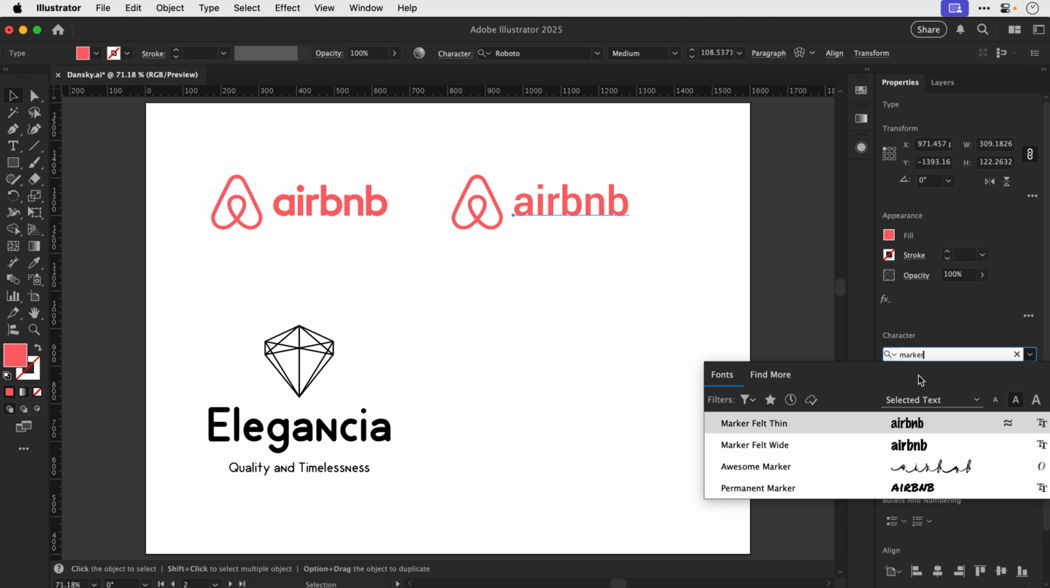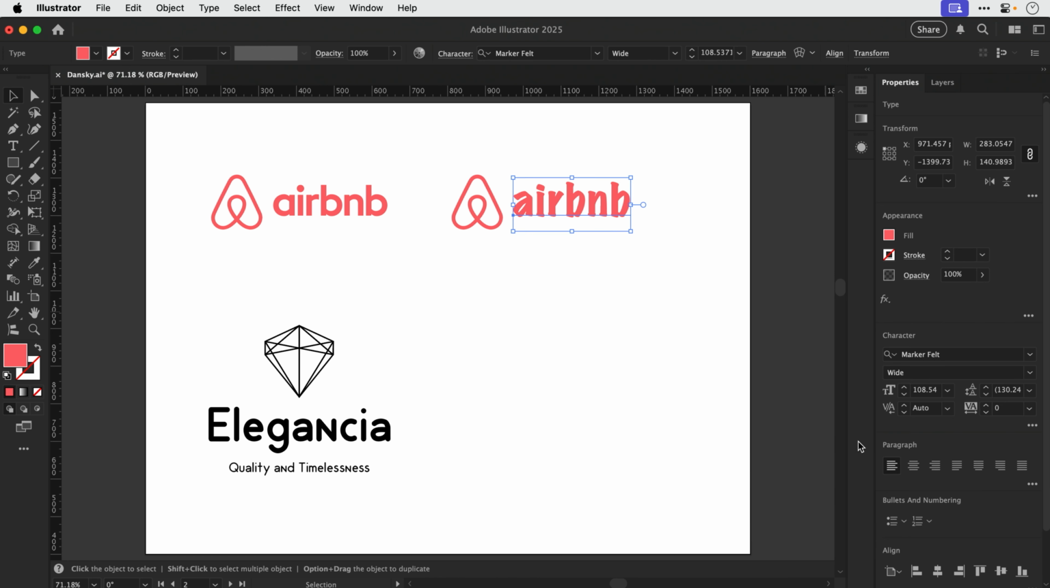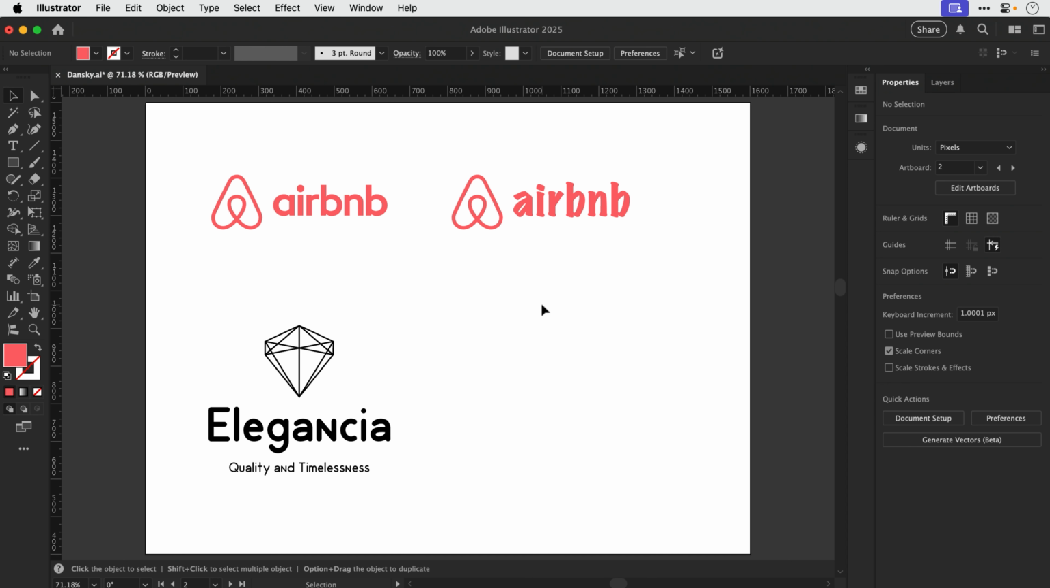I've got this one here. Marker Felt. So it's kind of like a marker pen. And as you can see, it's got a very specific style, and I would arguably say even more artistic. So this would be great if you were working on a brand to do with arts and craft, or a design project where you wanted to have some handwritten annotations. This would be perfect. But when it comes to a brand like Airbnb, you can see here it's just a total mismatch with that logo mark, and it just doesn't have that same clean and modern style that the current